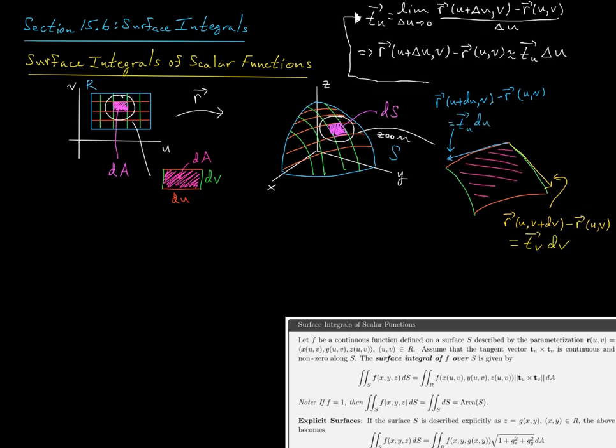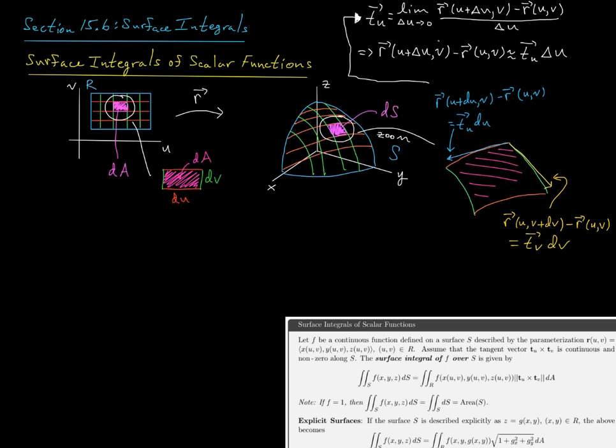Now I argue that this blue vector here is simply the tangent vector Tu that we introduced in the last video times this little differential change du. A way to think about that is that this difference vector is just describing the change in my position, and this Tu vector is just telling me the rate at which I'm moving along this u trace. It's just my velocity, and I'm going to multiply that rate by this incremental change, in this case of u. So if I think about u as measuring time for the moment, and this is my velocity, I'm really saying velocity times this little change in time is going to tell me that change in position